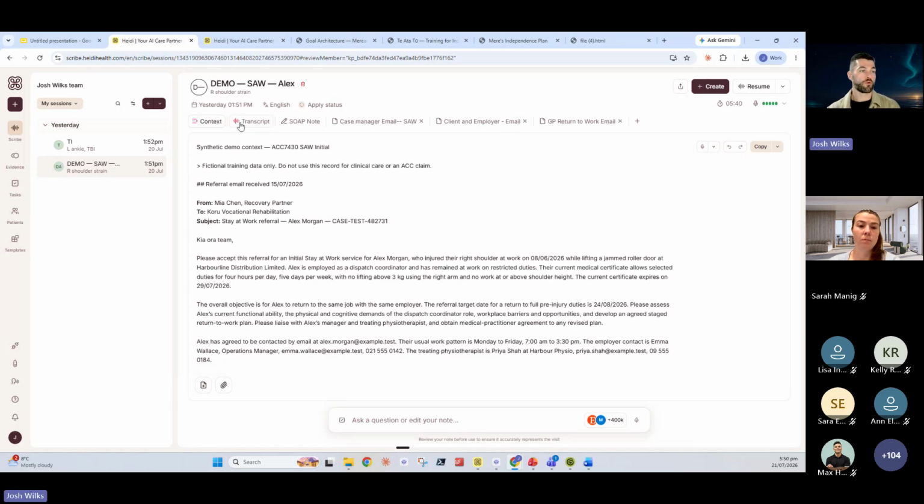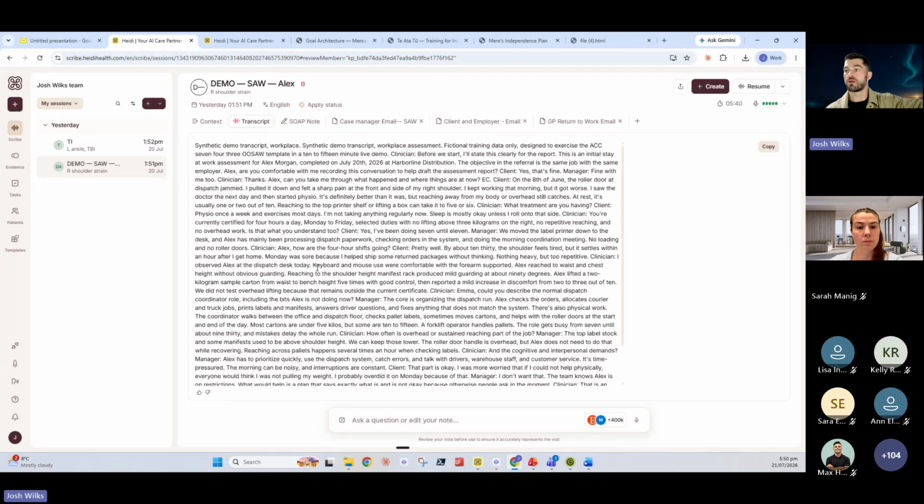From your context, you also do your initial assessment, right? And that generates a transcript. So you can see here, this is just what a transcript ends up looking like. It becomes a bunch of text. There's no speaker and clinician, or anyone. So I think that's also good to keep in mind, is that you will start to,